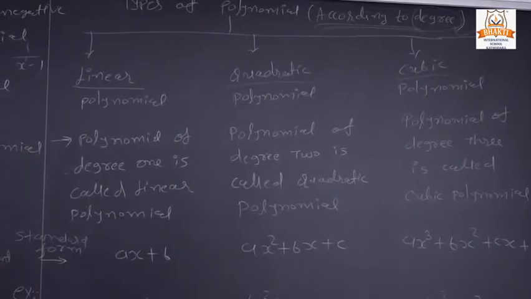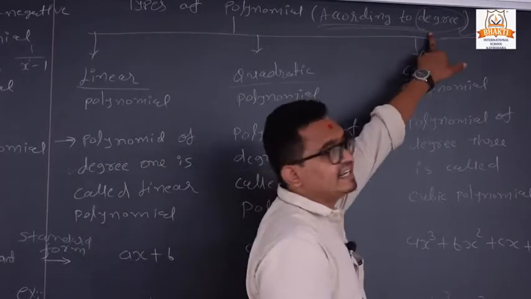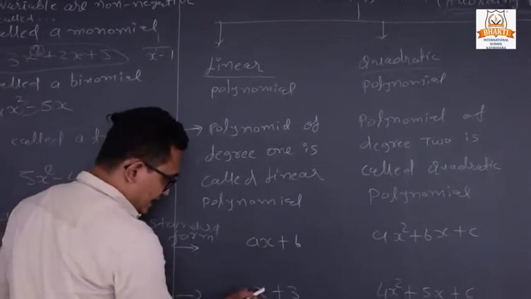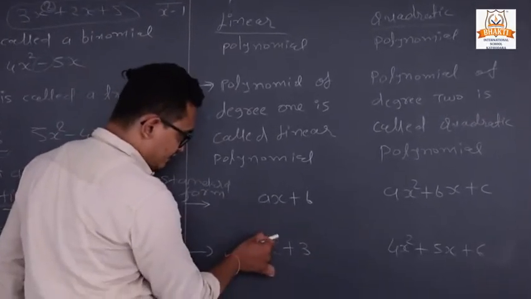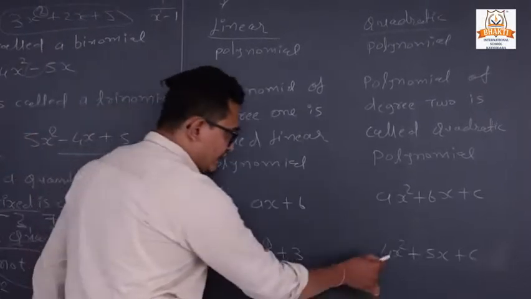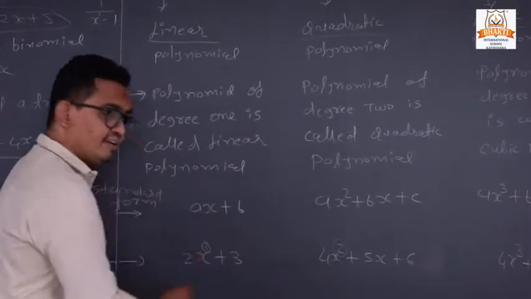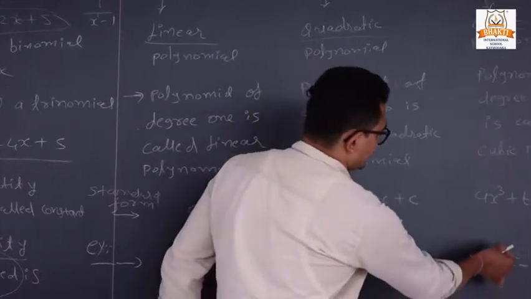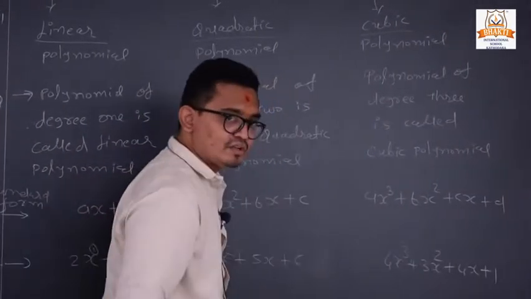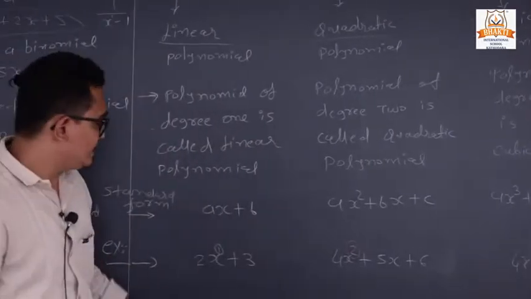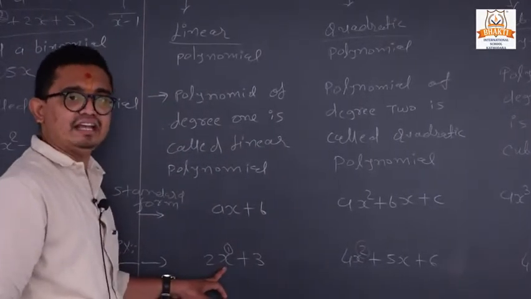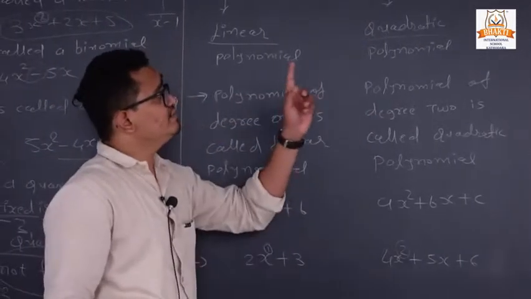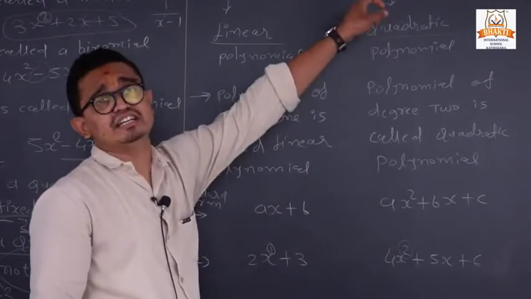So first of all, in your mind, we have one question: what is the degree? Degree means what? We are taking examples here. See, in that example, what is the power of x? It will be 1. Here the power of x is 2, and in the third example the maximum power is 3. So it is called its degree. Clear? Degree is the maximum power of any algebraic expression.